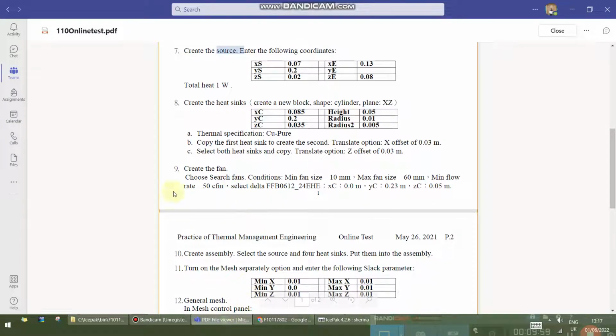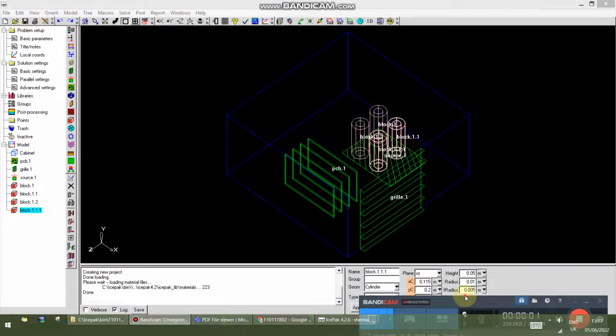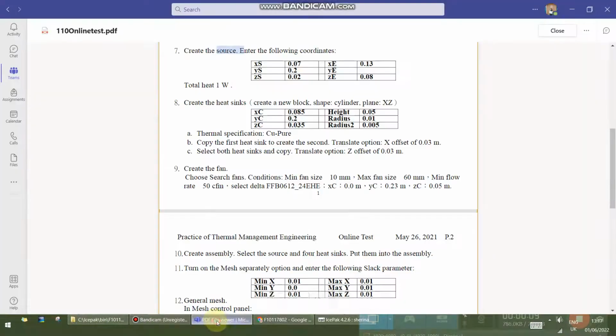Okay, how to create it? Okay, next step. I'm sorry, there is a trouble with my recording. And the next step is create the fan. How to create the fan? We have to choose search fans conditions with minimal fan size 10 millimeters, max fan size 60 millimeters, minimum flow rate is 50 CFM, and select delta FFB. And then we have to go back again to Icepak,